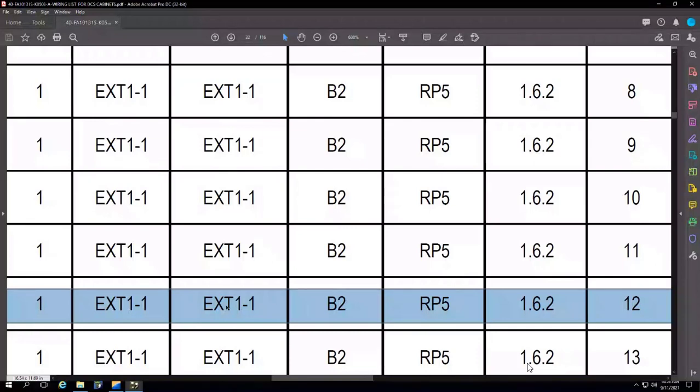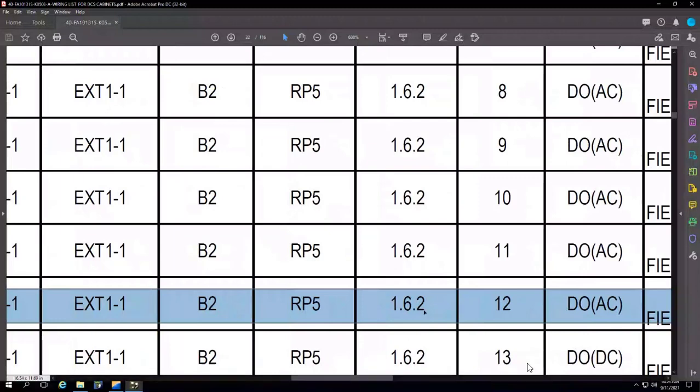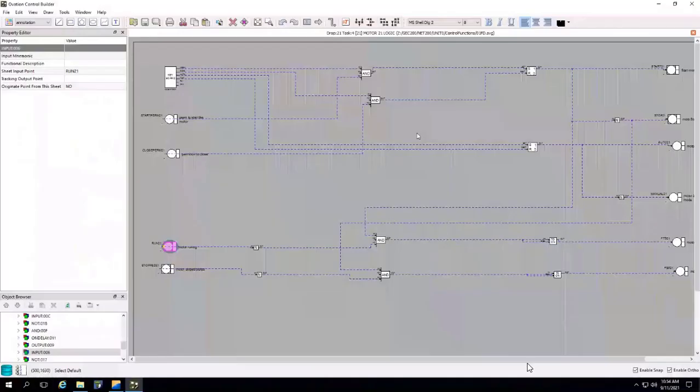Yes. The device can be easily judged from the hardware addressing itself. If it is 2 dot something, then it is device number 2. Rest it is device number 1 only. Any other questions? No other questions, sir. Okay.